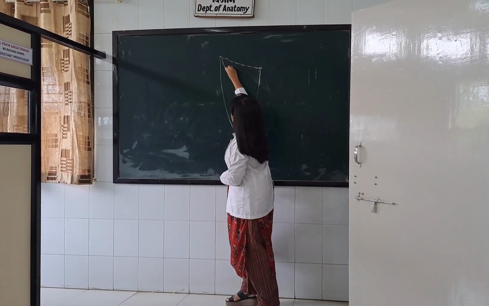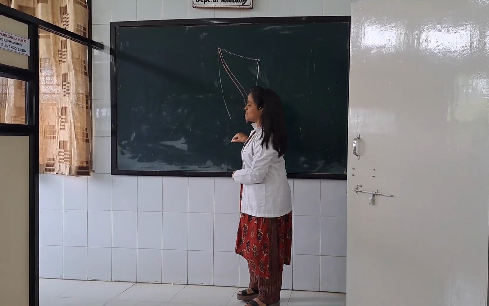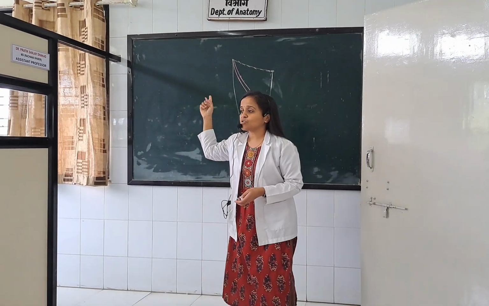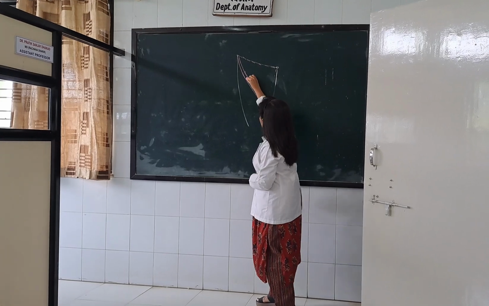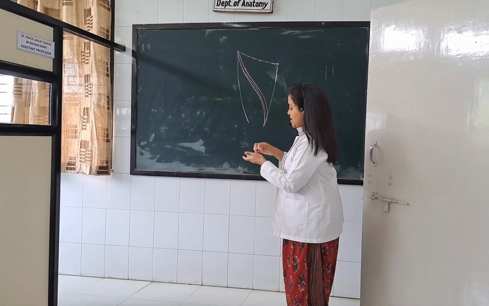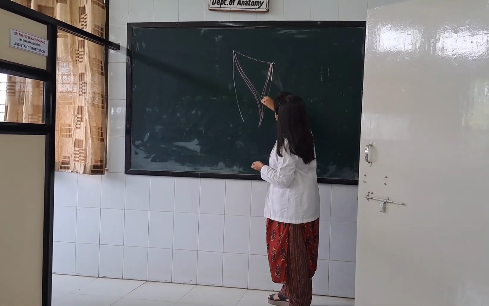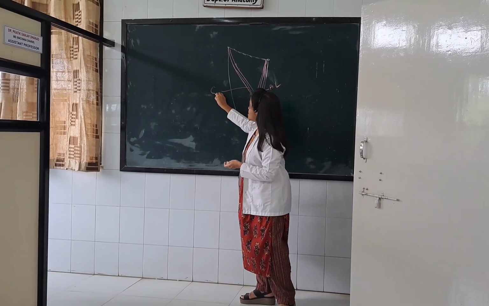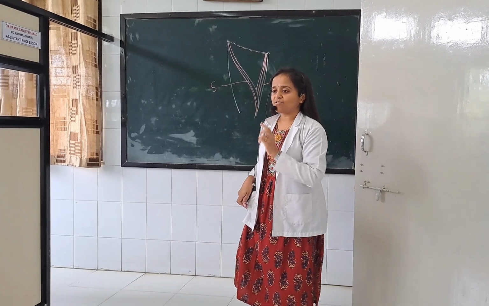Then this lateral boundary, there is an important muscle which is the longest muscle, also known as the tailor's muscle, which takes its origin from the anterior superior iliac spine. So the name of the muscle is sartorius, right? The sartorius forms the lateral boundary of the femoral triangle. Then on the medial side there is one more muscle, known as adductor longus. So this is adductor longus and this one is the sartorius muscle. These two muscles form the medial and the lateral boundary.